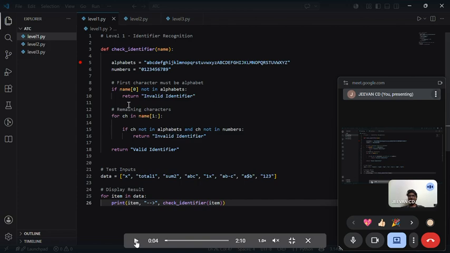In this code, this is the identifier recognition code explanation. It checks whether a given string is a valid identifier or not. The function checks the identifier's name and creates the validation. First,